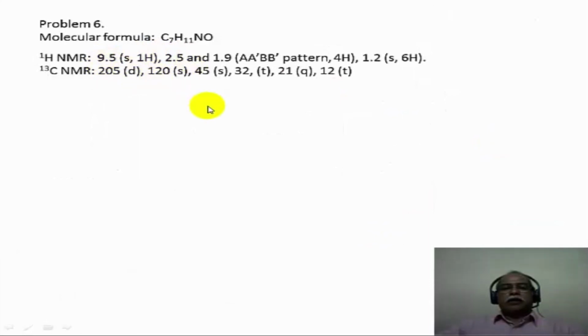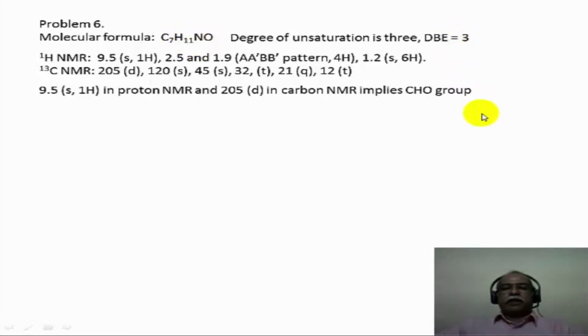So we have this spectral information extracted out of the spectral picture in this case. So let us now try to solve the structure. Degree of unsaturation based on the molecular formula is 3. Nitrogen is present, it is a trivalent element, so one has to add one hydrogen to the molecular formula. That would make it a C7H12. For the saturated compound, it should be C7H18. So since there are 6 hydrogens deficient in the molecule, the degree of unsaturation is 3.